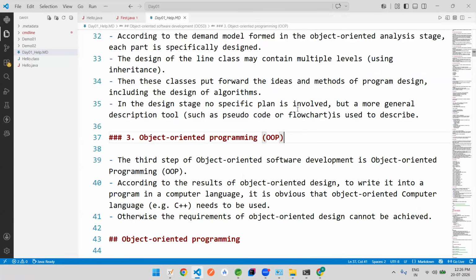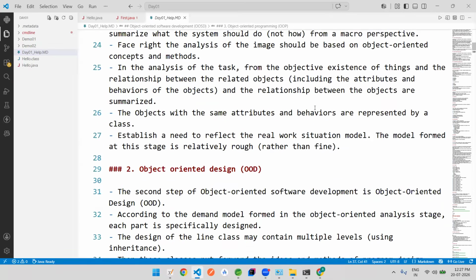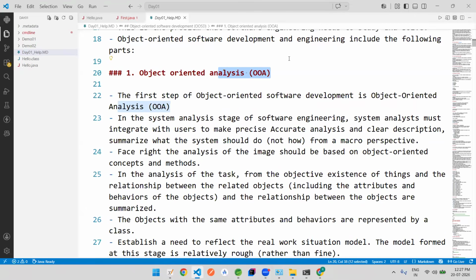पहले स्टेज में एनालाइज किया जाता है कि कितने नंबर ऑफ ऑब्जेक्ट्स बनने वाले हैं, कौन कौन से अलग अलग ऑब्जेक्ट्स बनने वाले हैं। जैसे फॉर एग्जांपल अगर आप ई कॉमर्स की वेबसाइट बनाने वाले हो, तो ई कॉमर्स की वेबसाइट के अंदर ऑब्जेक्ट कौन कौन से बनेंगे? पहला, एक तो कस्टमर का ऑब्जेक्ट बन सकता है, दूसरा प्रोडक्ट का ऑब्जेक्ट बन सकता है, तीसरा ऑर्डर्स का ऑब्जेक्ट बन सकता है। यानी कि what are the different objects that are going to be created, उनका एनालिसिस किया जाता है पहले स्टेज में। The object oriented analysis, ये एनालाइज किया जाता है कि कौन कौन से अलग अलग